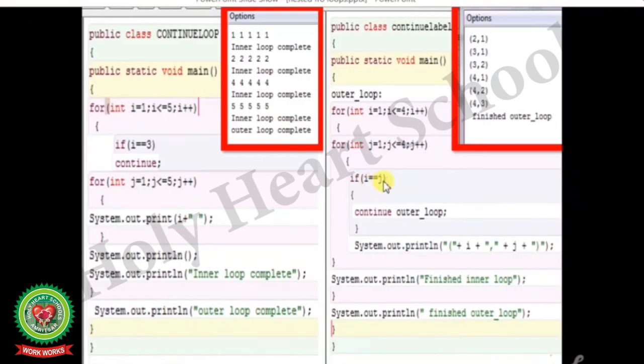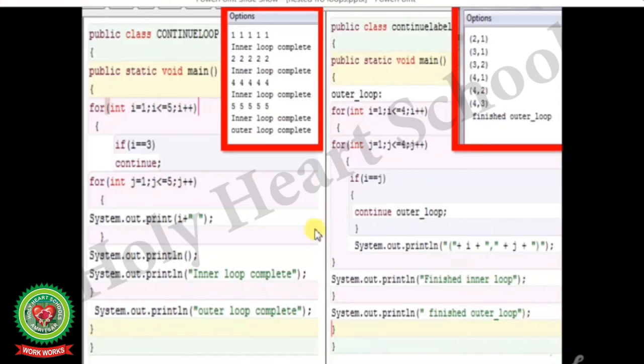So 4 is equal to 3, condition is false, and it will print the value of i and j, that is 4, 3. So again the value of j will be updated, that is 4. So 4, 4, the condition is true, and it will again move the cursor to the outer loop. Now if we again update the value of i, i is 5. 5 less than 4, the condition is false, and it will print the message finish outer loop.